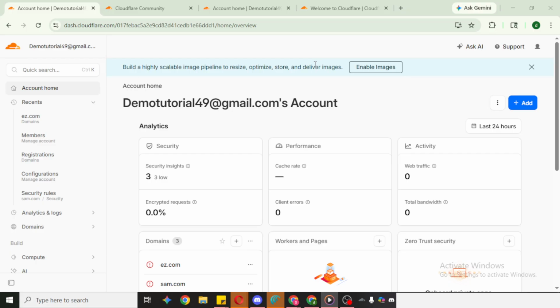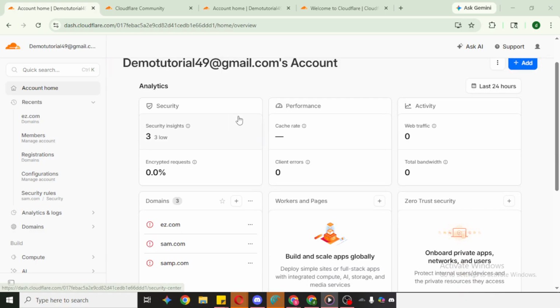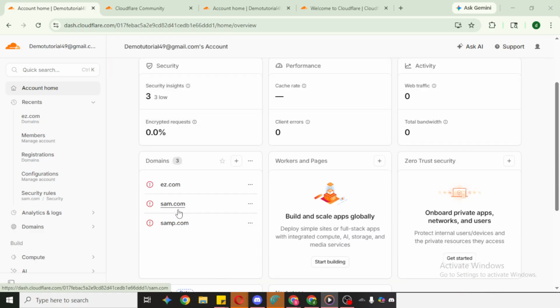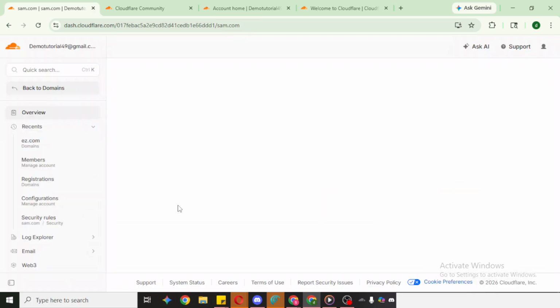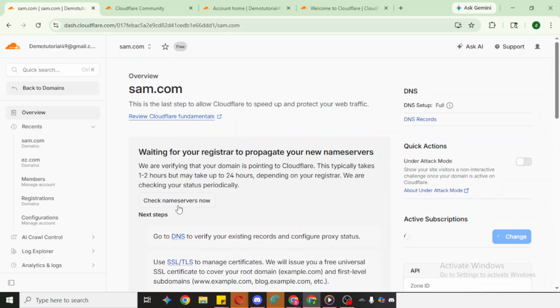Start by opening your Cloudflare account. Head to the Cloudflare dashboard the way you normally do and make sure you're viewing the account that contains the domain you want to manage. Once you're in, you'll see a list of your domains. Click on the specific domain where the DNS record lives. This brings you to that domain's overview, and from here we'll move into its DNS settings.